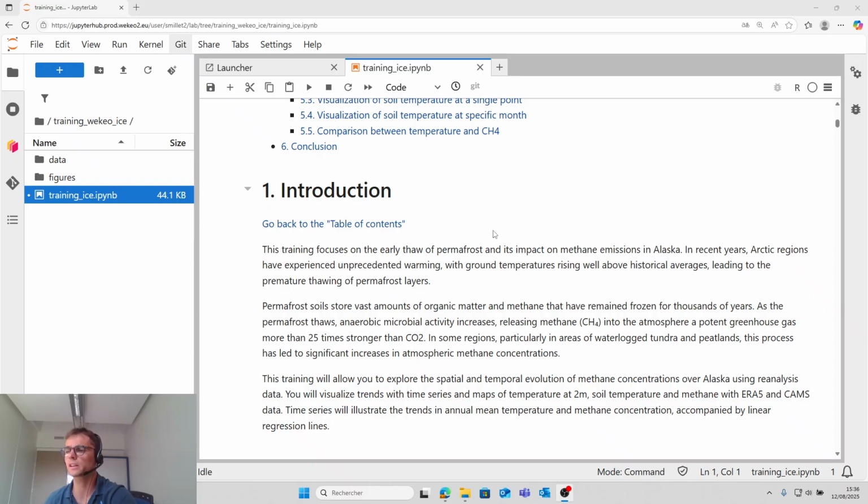So in this training, we will allow you to explore the temporal evolution of methane concentration over Alaska using reanalysis data. You will visualize the trend with time series and maps of temperature at 2 meters, soil temperature and methane with ERA5 and CAMS data.